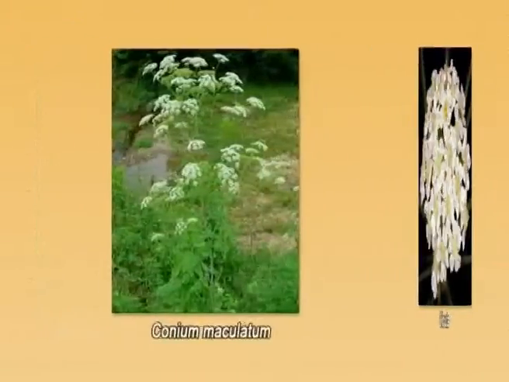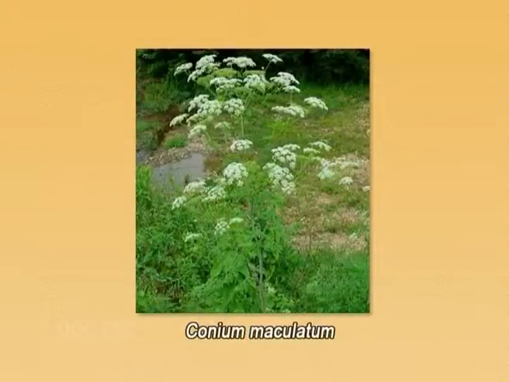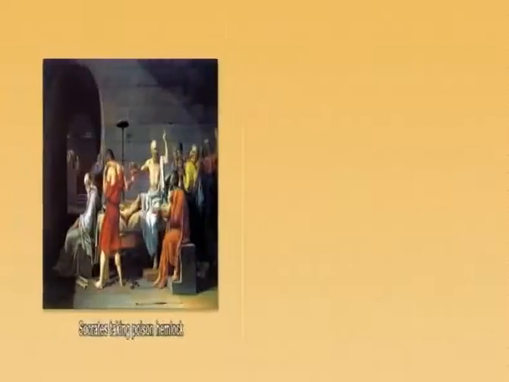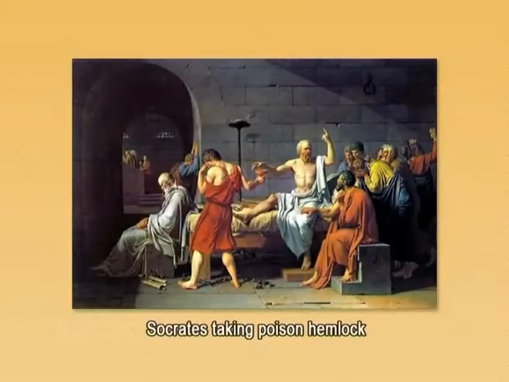Many members of this family Apiaceae are extremely poisonous, such as Cicuta, Conium, etc. In fact, the poison hemlock was obtained from the plant Conium maculatum. Conium maculatum also belongs to the family Apiaceae. It is the same plant of which Socrates is said to have drunk the extract in his execution.